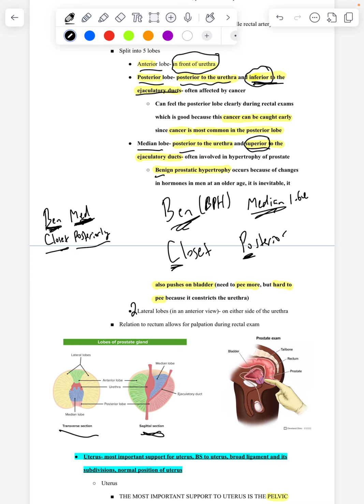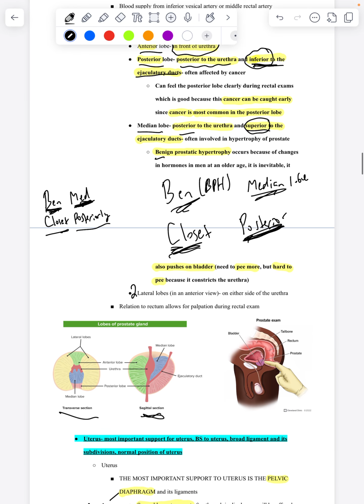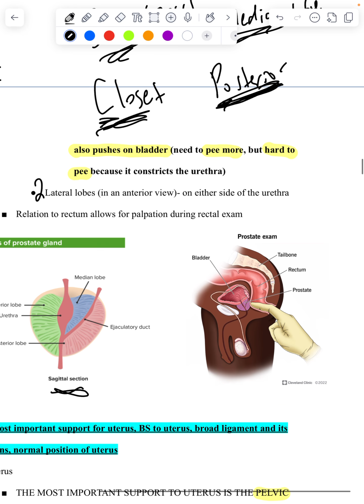Now, what's nice about cancer going to the posterior lobe mainly is that that's the most easily palpable, the easiest part to touch and feel in a patient. So if you have the patient bend over, like bent over like this, and you put two fingers in through the rectum, obviously this isn't a female because you're feeling for a prostate, you can push anteriorly and you can feel the prostate. This is most anterior, this is most posterior. So right here, what you're feeling is the posterior